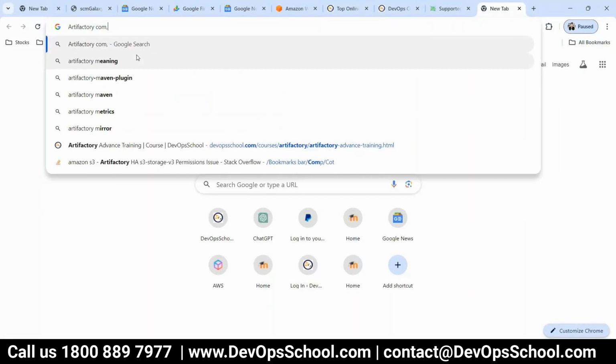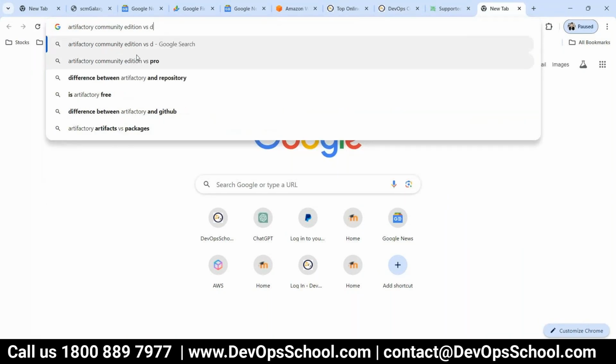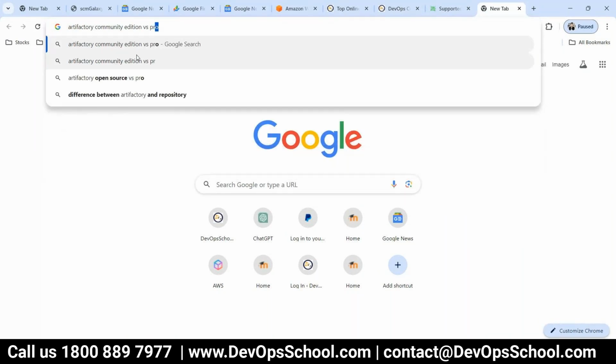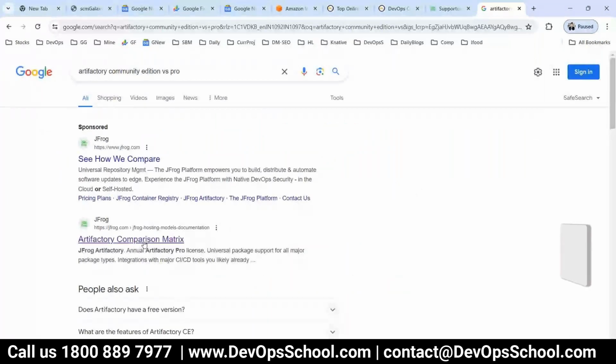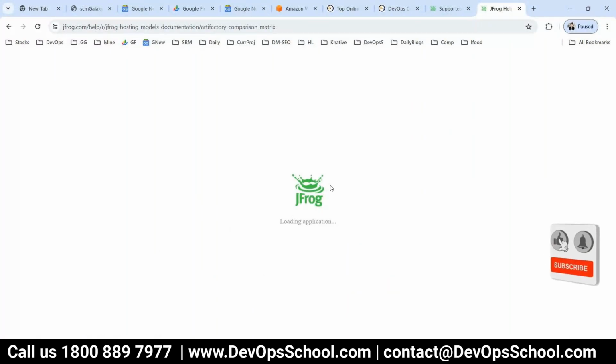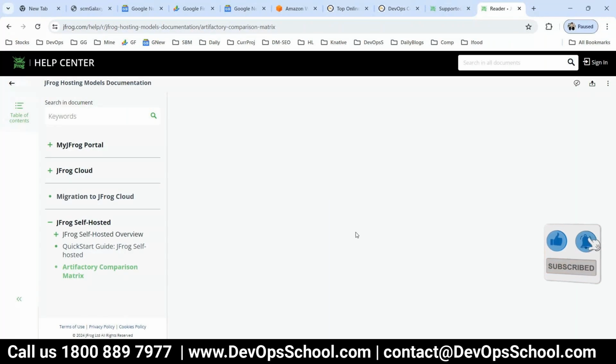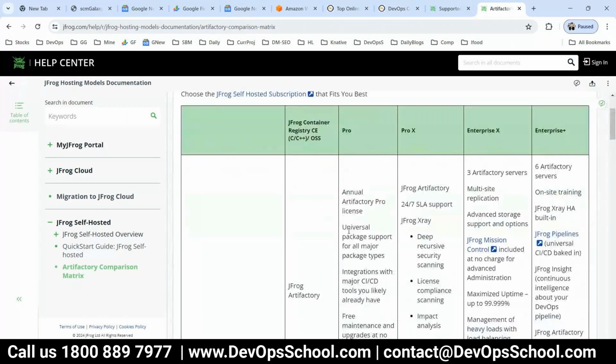You should check the comparison matrix with complete details here. What I understood is that the community one, which we call CE or OSS, whichever you are comfortable with,